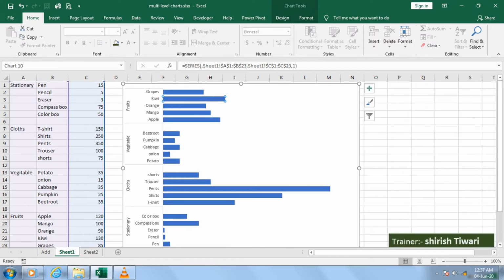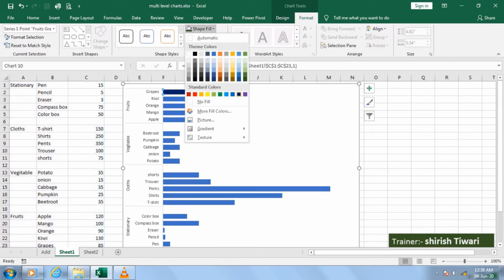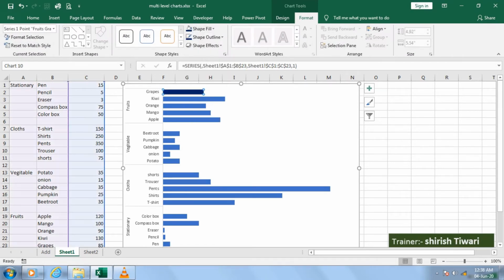After that, to make it more effective, I click on one and go to Format and choose any color. I just click on the dark color. Then finally I click on the next one. Now can you tell me what I am clicking? I'll not tell you, you have to write in my comments. If you know properly, you can just write it. Otherwise, at the end of the video I will tell you what I did.